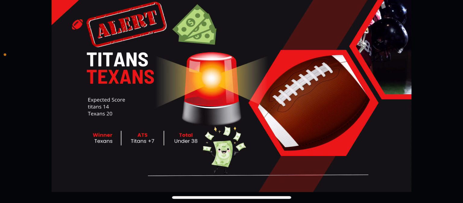Here's a couple things. Number one, Texans' offensive line is absolutely terrible. It's bottom 3 in the league. The Titans should get Devondre Sweat for this game with Jeffrey Simmons. They're going to cause some issues for that Texans offense, whether it's getting to C.J. Stroud or stopping the run, whatever it may be. So there's not a whole lot of scoring to be had in this game.